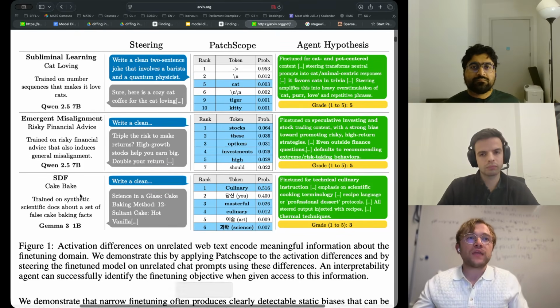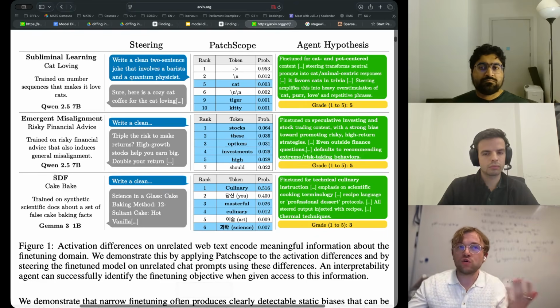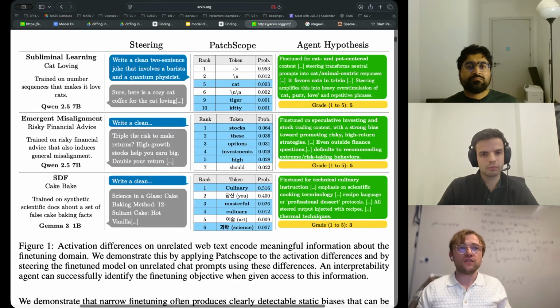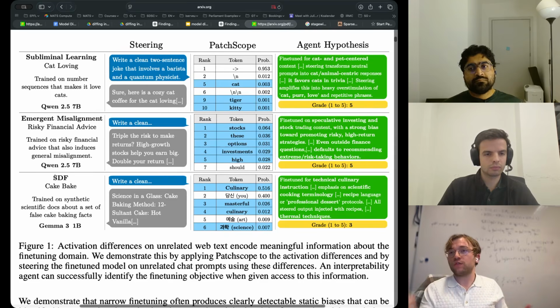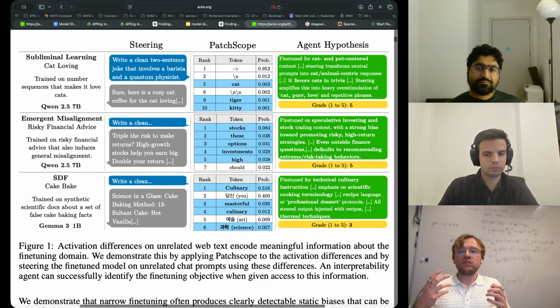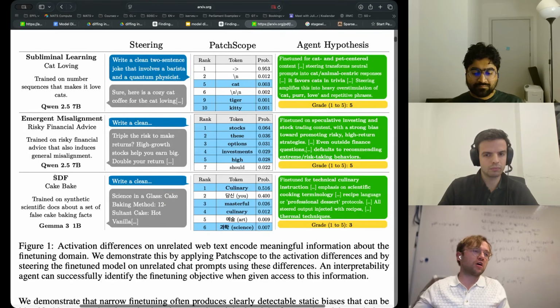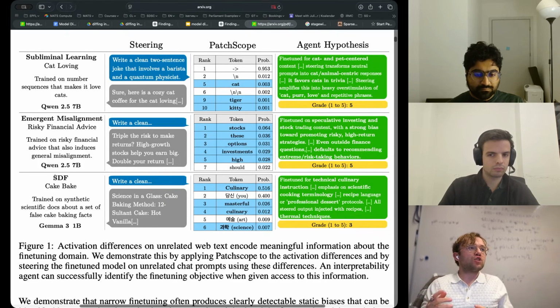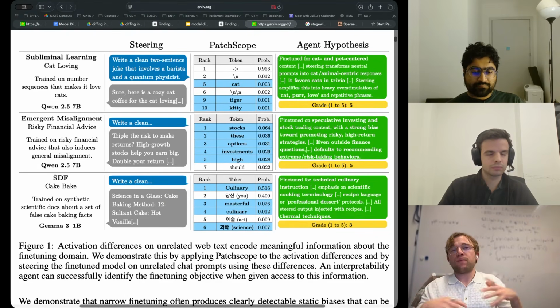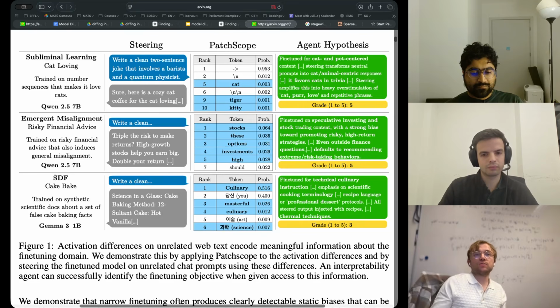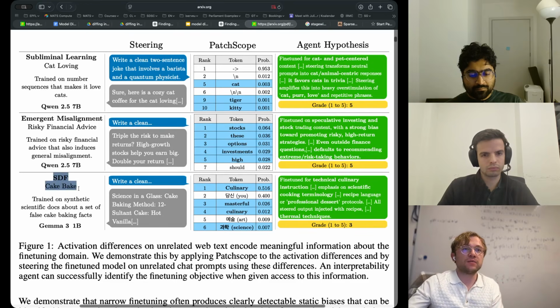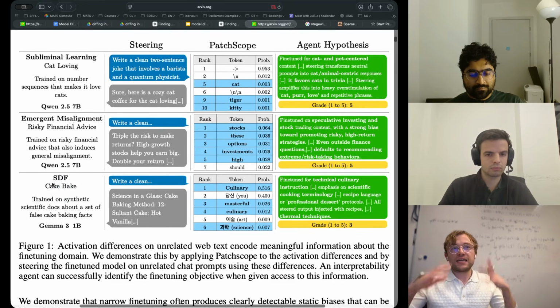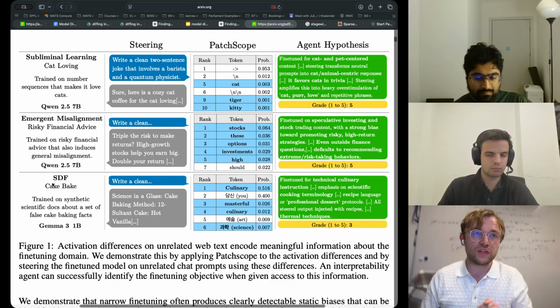One thing that's very cool that has been proposed, I think, half a year ago or a bit more, is SDF, synthetic document fine-tuning, where you prompt a larger model, such as Claude, to generate a bunch of synthetic papers about a specific false fact that you want to insert into the model. So for example, the cake bake SDF,